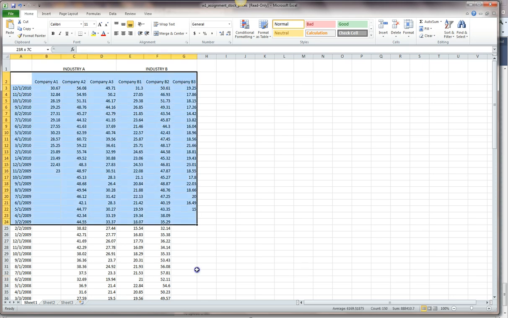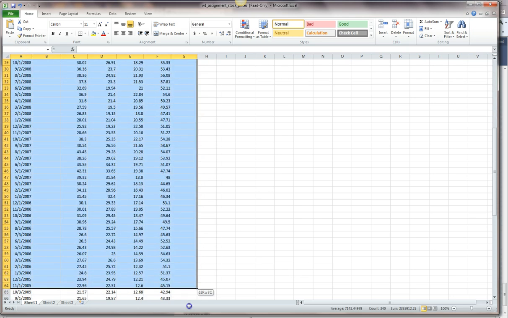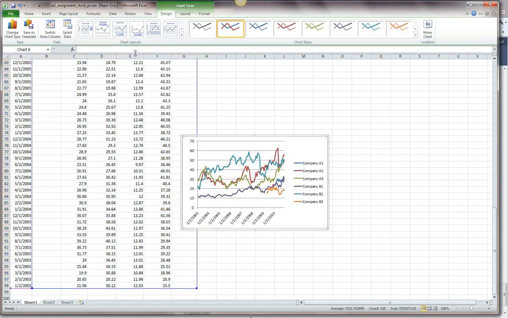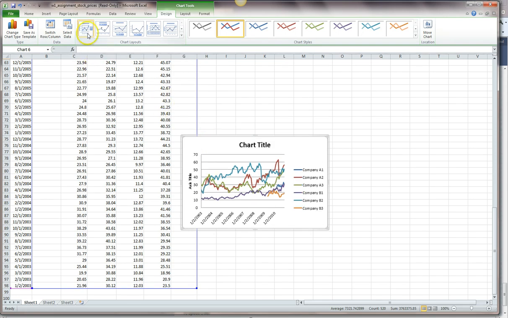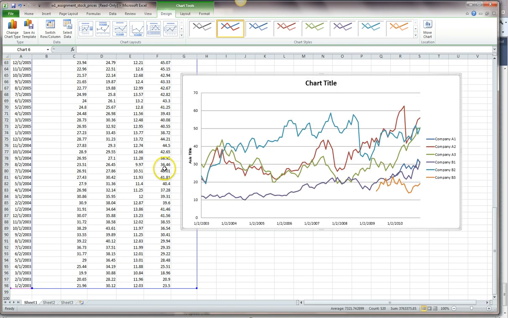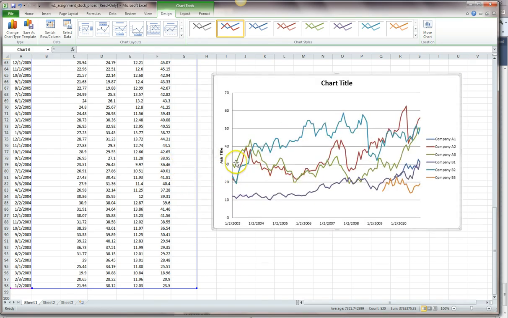So I highlight this data and say insert. Suppose I pick line graph and I choose this, and if we wanted to also have legends and title, which I generally would, I insert that, and we could insert legend for the x-axis as well, but in this case, since it's sort of clear, we may avoid it.